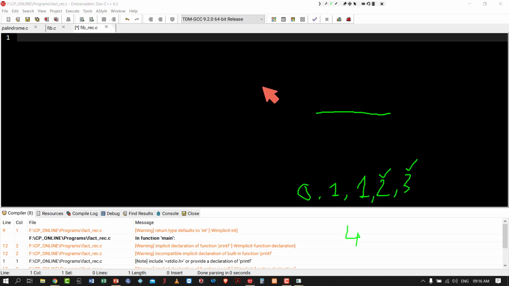So first I will write the formal recursive call. Fib of n equal to